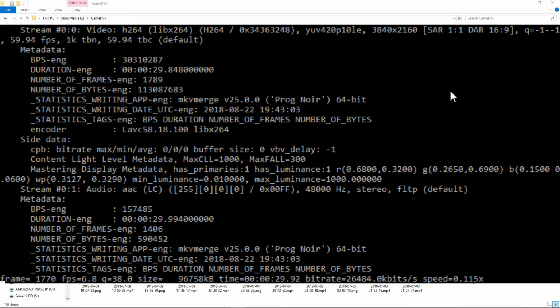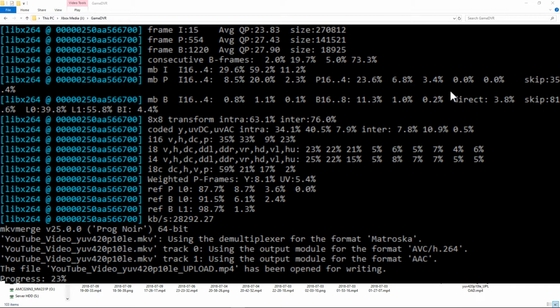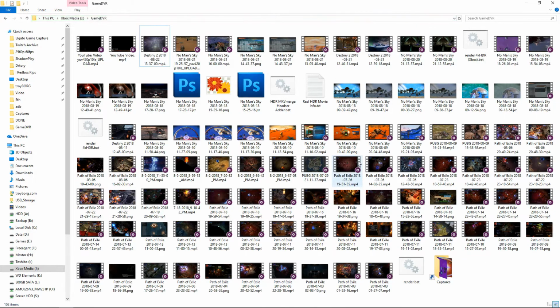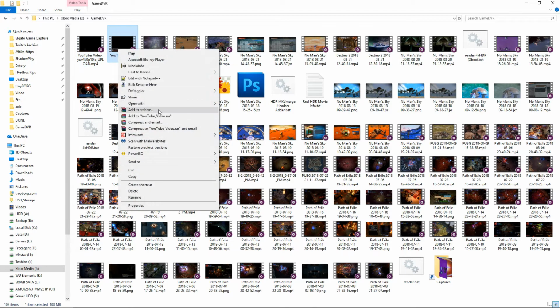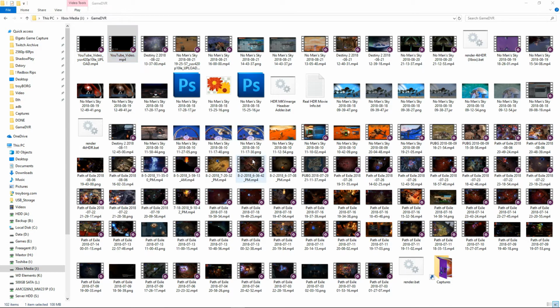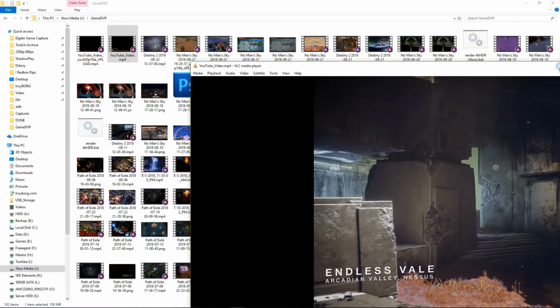Okay, now that it is finished rendering, yet again, it's going to take a little bit. There you go, finished. And now it's making sure that the metadata is there again, and then it closes and it's done. And so now we have the original video and a video that you can upload. If I try to open these in VLC, you'll see